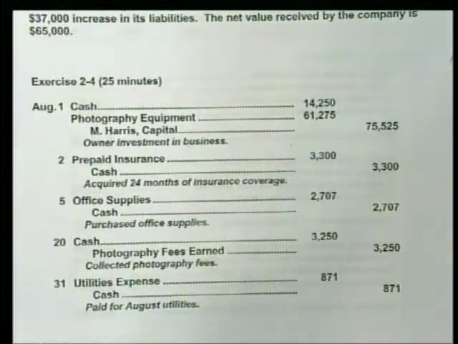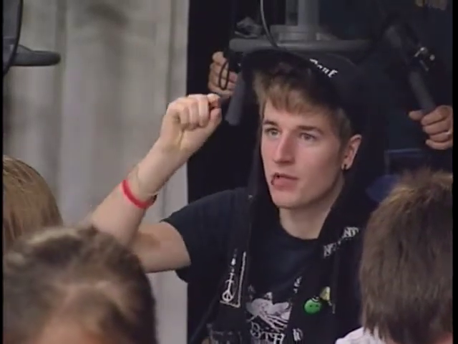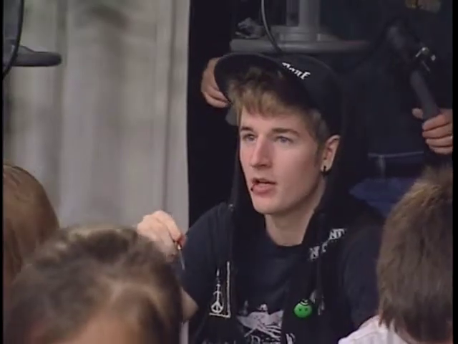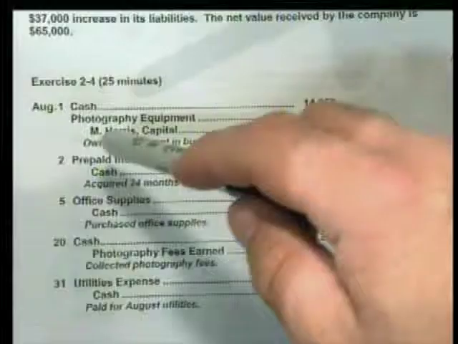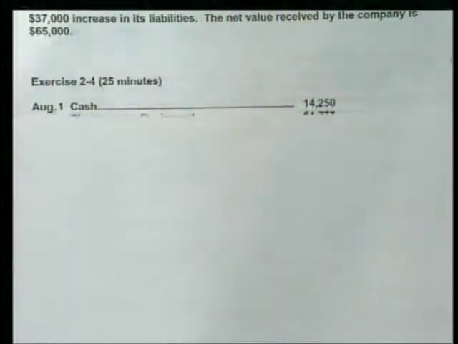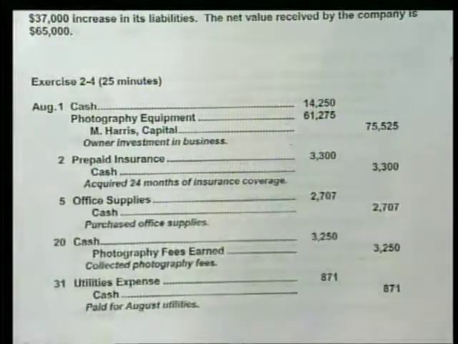All right, Lauren, you have a question? I was doing it that way, and then the book says you're just supposed to make one for cash and then make a longer T account and put all the different instances of cash. Maybe, but I just think if you try to do all the cashes and then all the equipments, you're going to end up missing one. Whereas if you go line by line, you're going to make sure every one of them is covered. Now, ultimately, you can do it how you want. This is just the way that I like to do it.